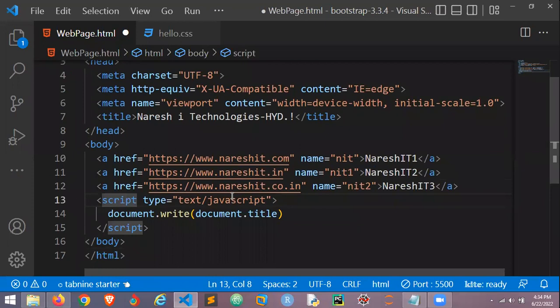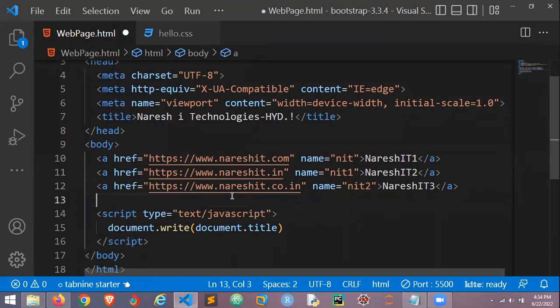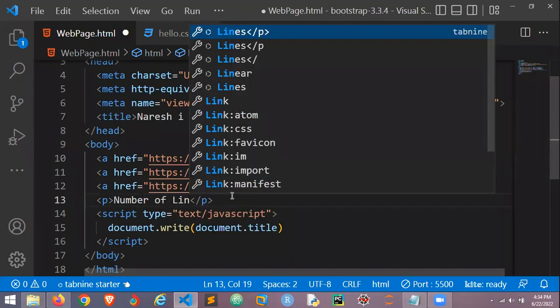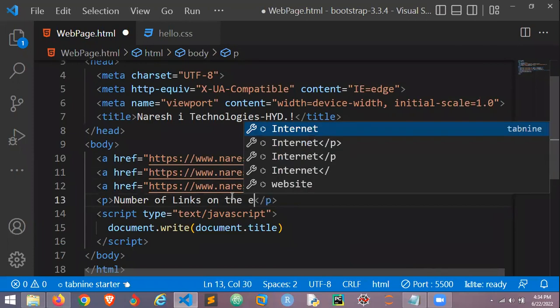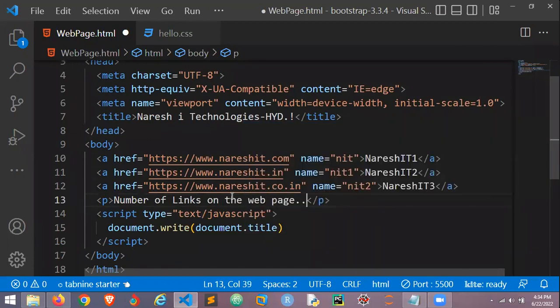Simply open a script. Before that, I'm saying number of links on the web page is, yes, I said. So this paragraph I want to close at the script level. That's it. Then inside, what I need to write,